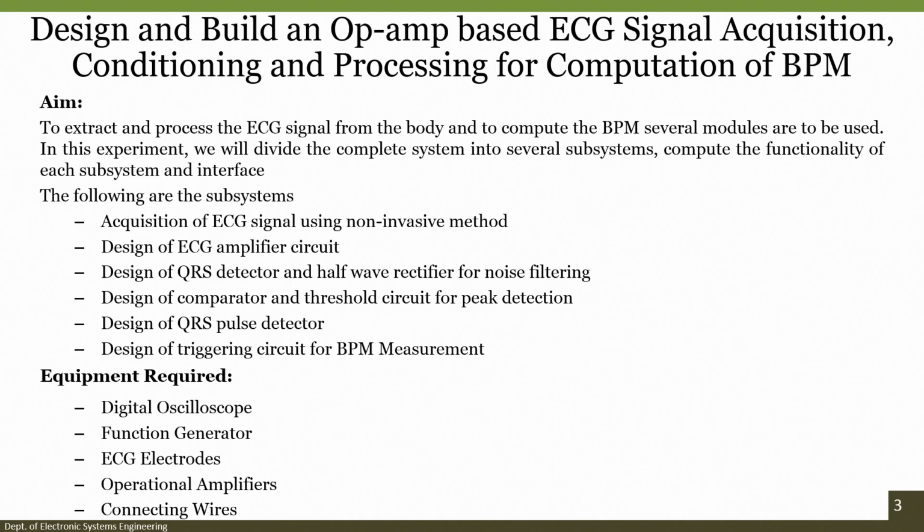So, in order to extract and process any ECG signal, we have to interface our electrodes to our body. When we interface our body with an electronic circuit system, there are different sources of errors that are introduced into the system. As professor discussed in the class, one major thing is power line interference, isn't it? So, what is power line interference? The power line interference is majorly due to the operating frequency of our equipment.